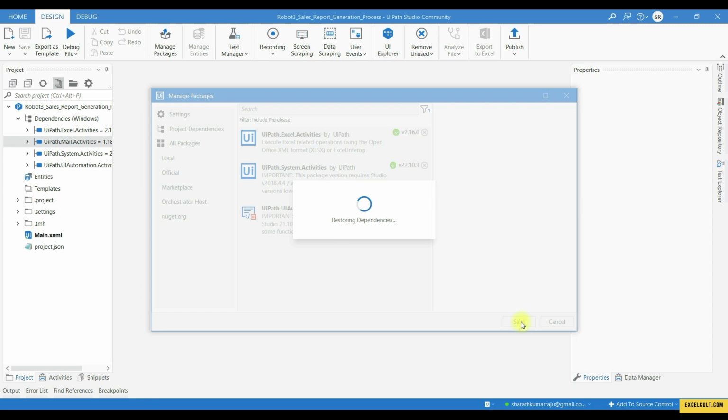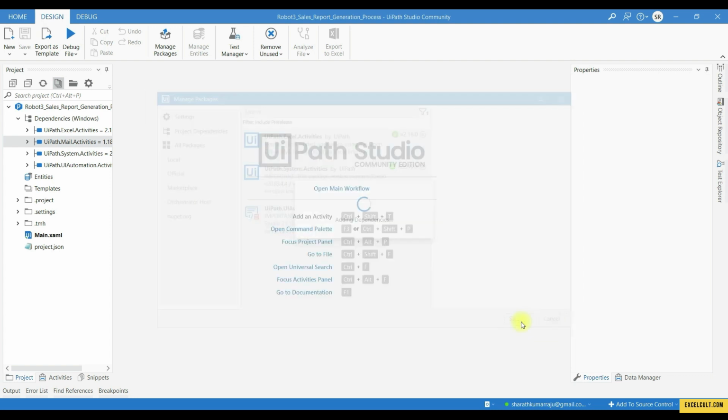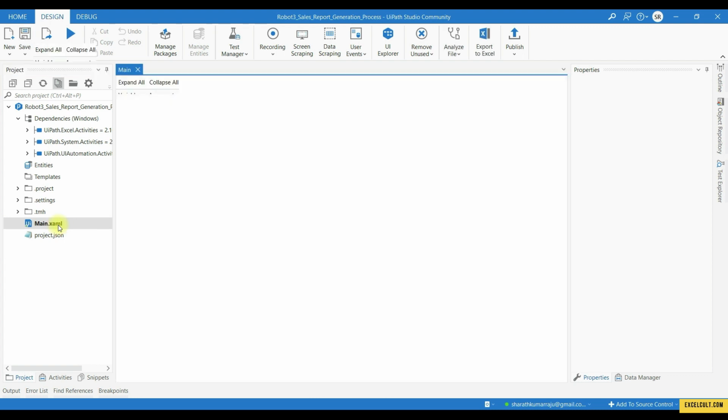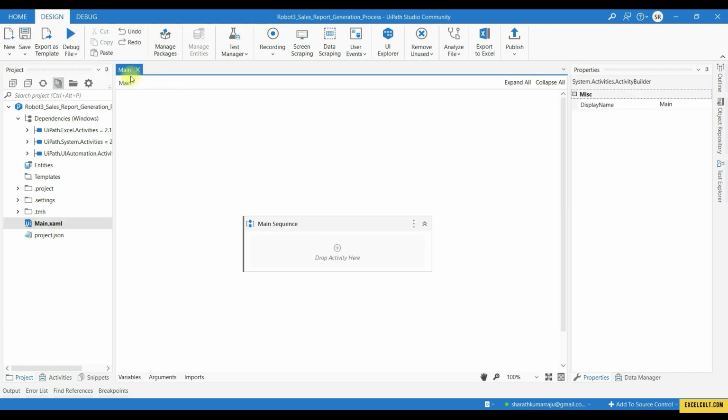It is always a good practice to remove all those components that are not related to our project or something which we will not be using in our project. So this is done. It is clear now, and I'll just double click right here so that it will open up the main.xaml, which is the default XAML for our project. So moving back